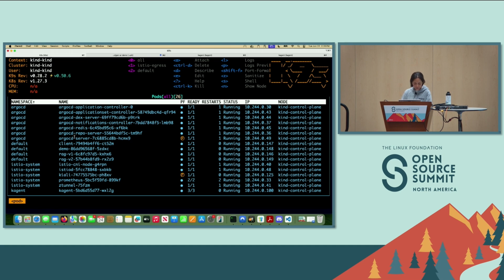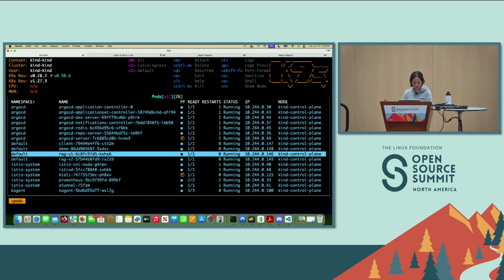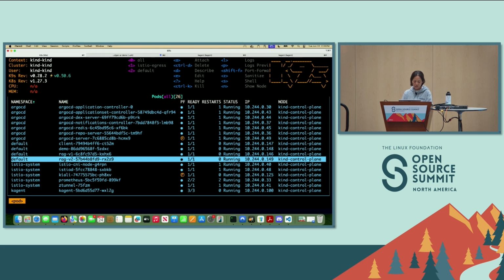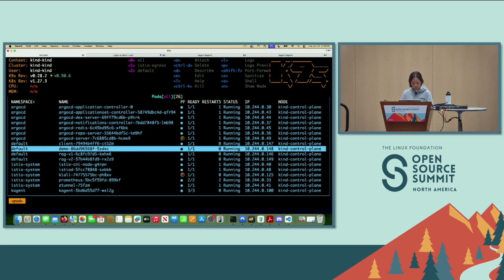And this is the application deployed in my Kubernetes cluster in the default namespace as demo, RAG, version 1 and version 2, through that Argo application. So I don't have to manually deploy myself by syncing from the Argo application. It's already out there. So now, if I want to access my demo application, let me show you a simple